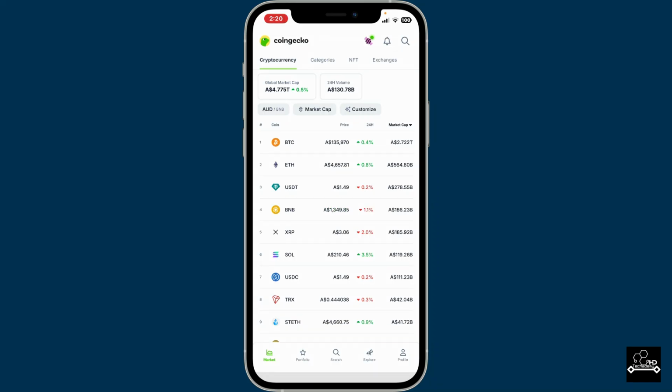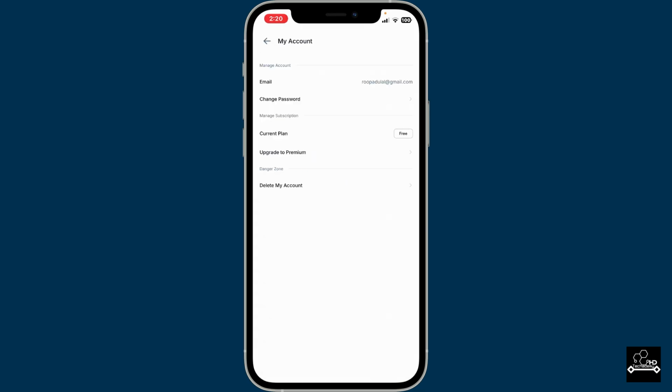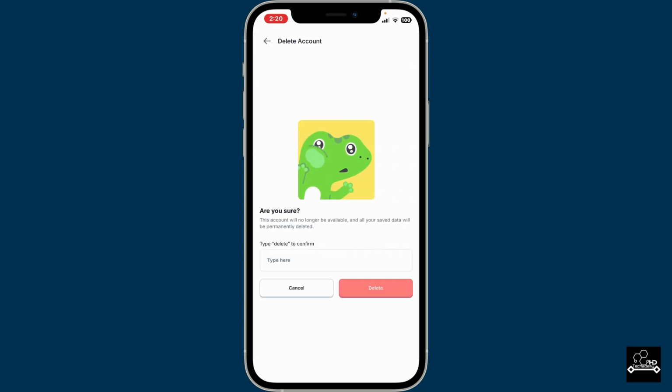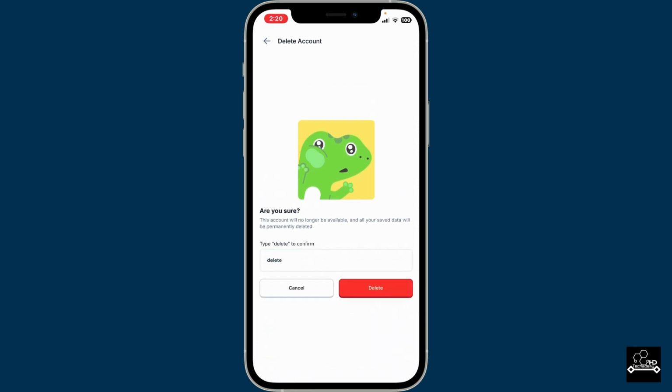Once you're inside the main homepage of CoinGecko, go ahead and find the profile button at the bottom right corner and tap on it. Once you're inside the profile section, tap on My Account under Helpful Tools, and then you'll be able to see the Delete My Account button at the very bottom under Danger Zone. Tap on it, and then in the text box that appears on the screen, type in delete and click on